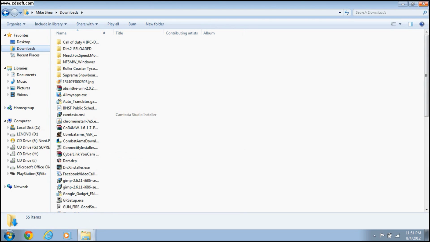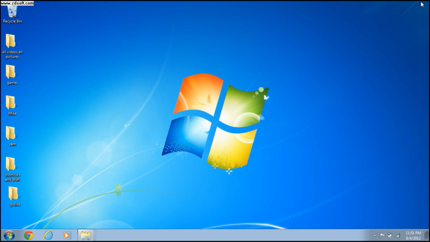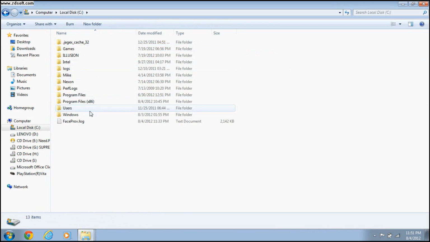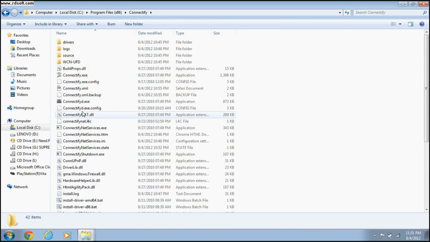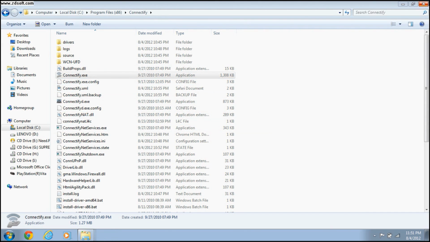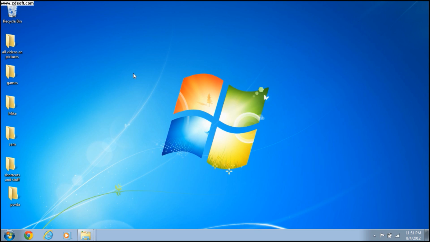Alright, once you've installed Connectify, you're going to go to where you installed it. I have it right here. Then you want to click on connectify.exe. And now nothing's going to pop up for me. Oh, just click ignore here. Nothing's going to pop up for me now. But for you, it's going to